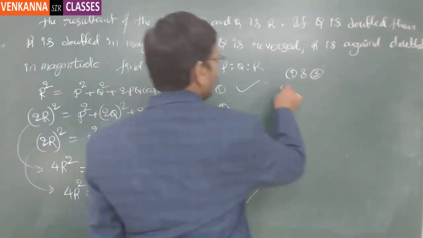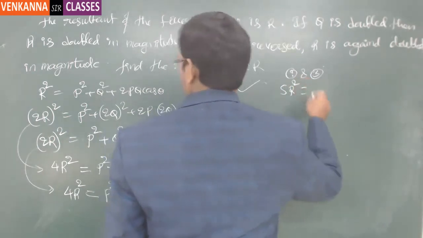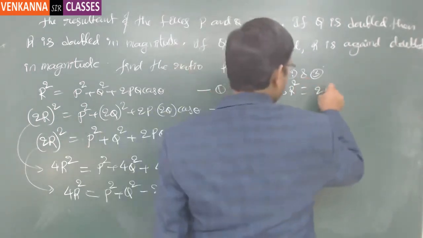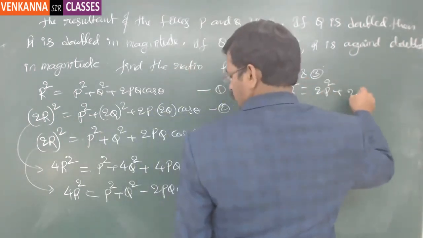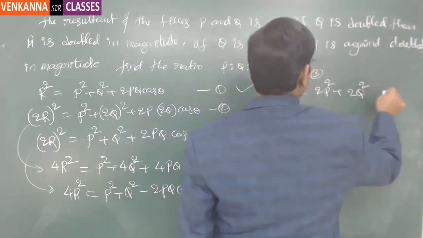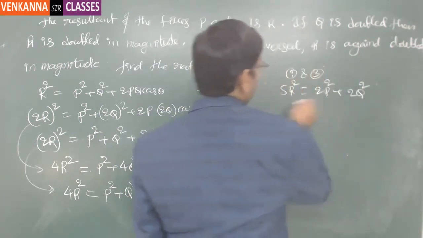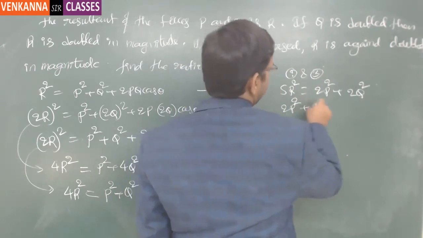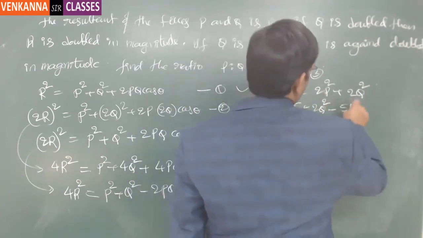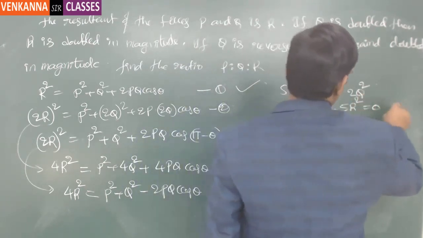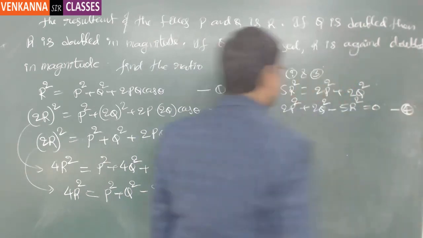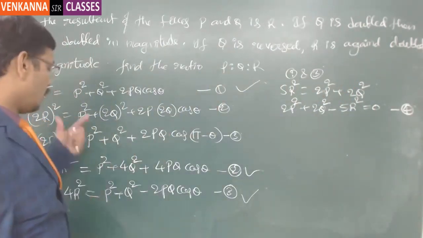Then 5r square is equal to 2p square plus 2q square. So I call this 2p square plus 2q square minus 5r square equal to 0. This is equation number 4. And from equation number 1 and 2,